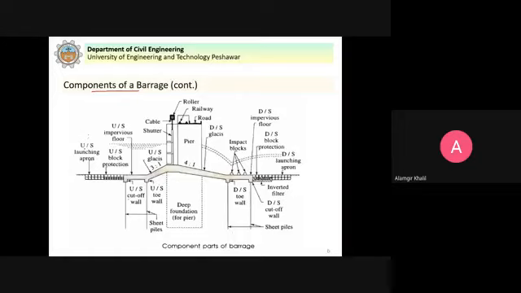You can see that we have the upstream side. This is the upstream side. It means that this is the direction of flow of water, and this is the downstream side. That's why you see the upstream with the different names of the component parts.